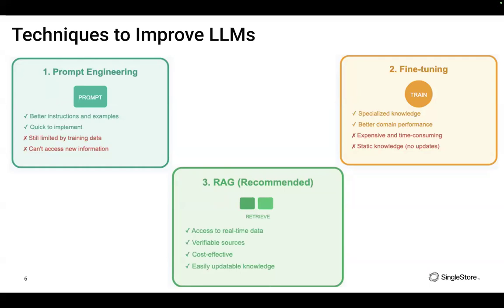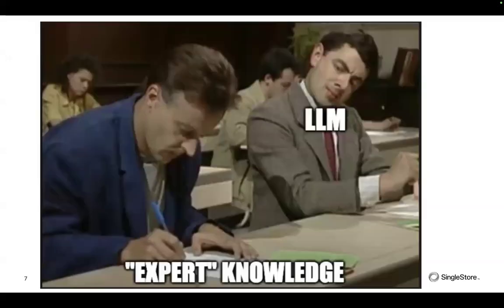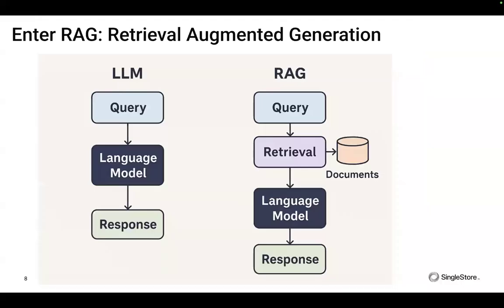So compared to prompt engineering and fine tuning, RAG is the mostly recommended approach to improve LLM applications. What your LLM really needs is expert knowledge. That's how RAG comes into the picture, and it is considered one of the best approaches when building AI or RAG applications, and even to reduce LLM